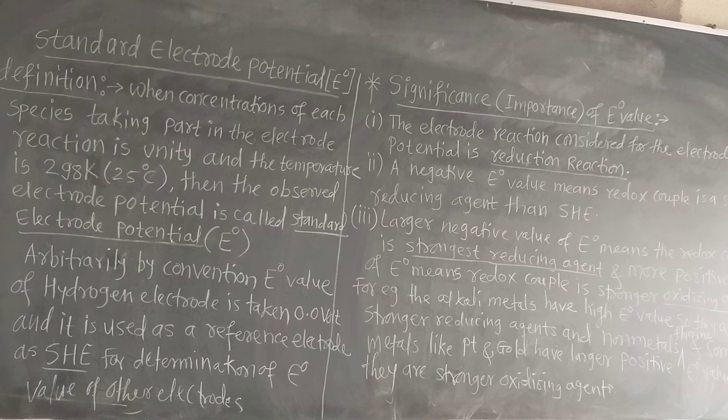Let us pay attention here. First, a platinum wire is taken. Platinum is an inert metal, so it does not have any action if we dip it into the hydrogen salt solution or hydrogen ion solution. Now a platinum coil is attached to that platinum wire, and on that platinum coil there is adsorption